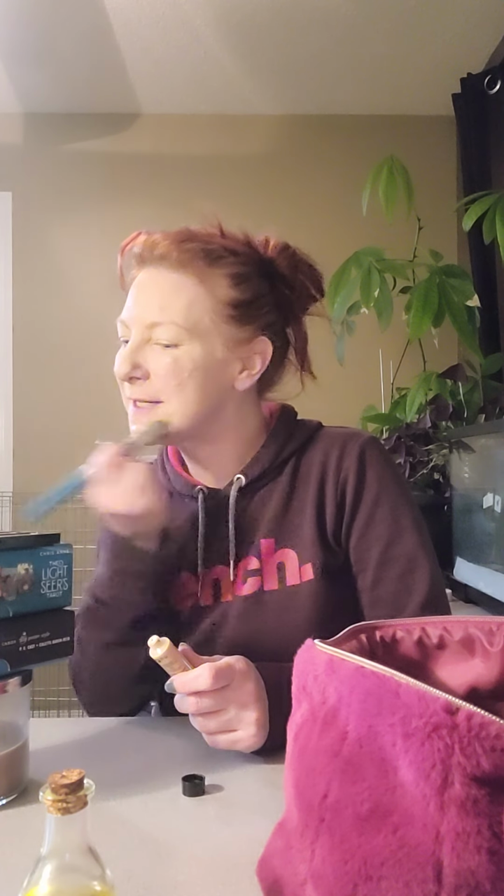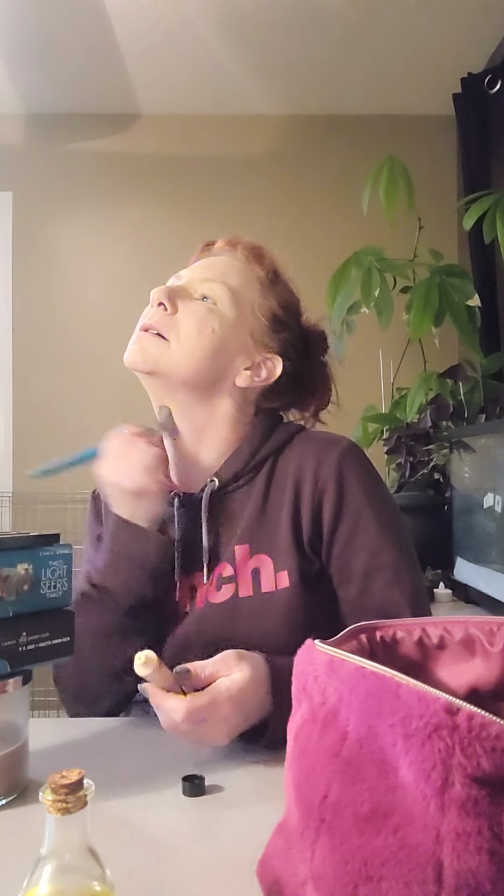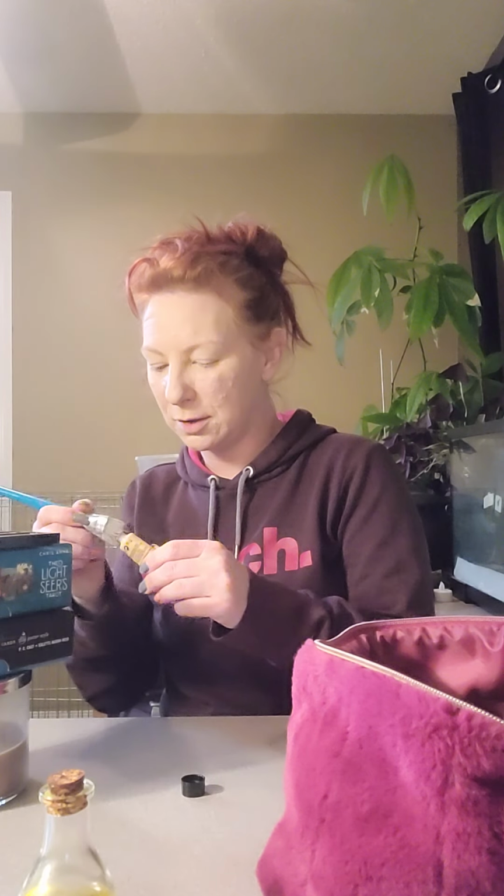From back here, it seems to be blending pretty nice. This color, actually, I'm glad I went with this color. It seems to almost be perfect for me. So that's kind of cool. It did look a little dark in the bottle,